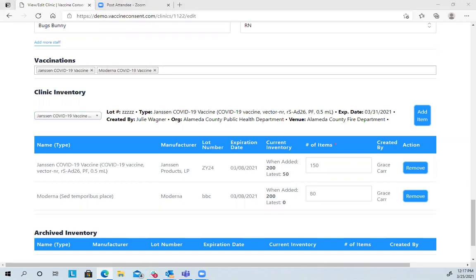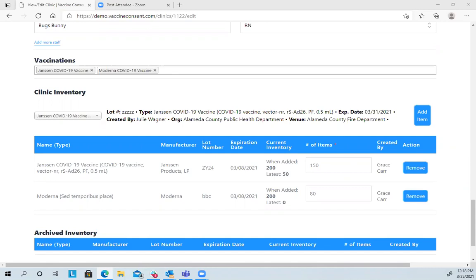So I'm checking the chat, not seeing many questions. Here's one. If I amend the used doses in an inventory, how can I reconcile patients that were vaccinated using the wrong inventory? That is difficult. And I'm just checking, if I add an extra dose in the inventory manager, do I need to adjust the number of items at the bottom of the view edit in the clinic? So two different questions. You amend the used doses in an inventory, but how can I reconcile the patient? When you amend it, if it has the same lot and expiration, what are you amending? If you don't mind putting that in our chat, that'll help me answer your question.